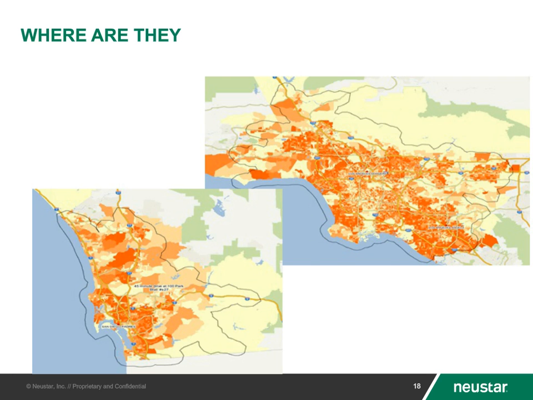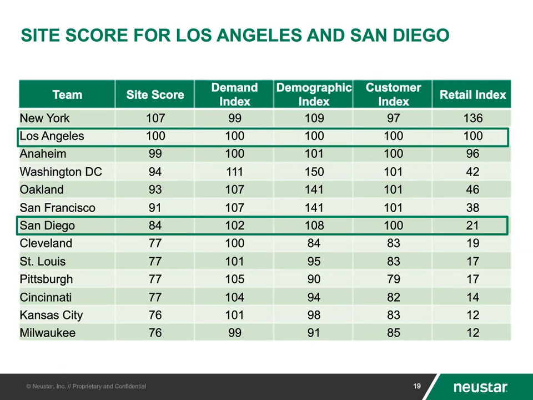And it's also about understanding locations. So you need to tie it back, if you had a distribution network of locations, either stores, or if it was online, this would be distribution through websites. But you need to be able to rank and look at those various locations to figure out how they score relative to each other. And in this case, we scored all the Major League Baseball locations, sites, stadiums in the U.S., and I have a few of them listed here, and this is relative to LA.